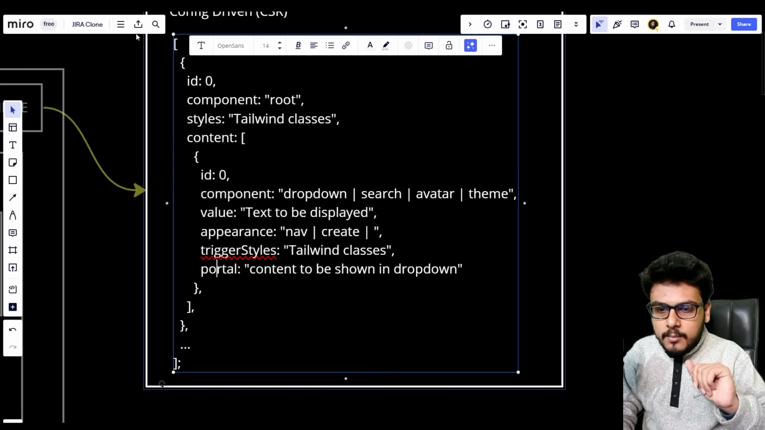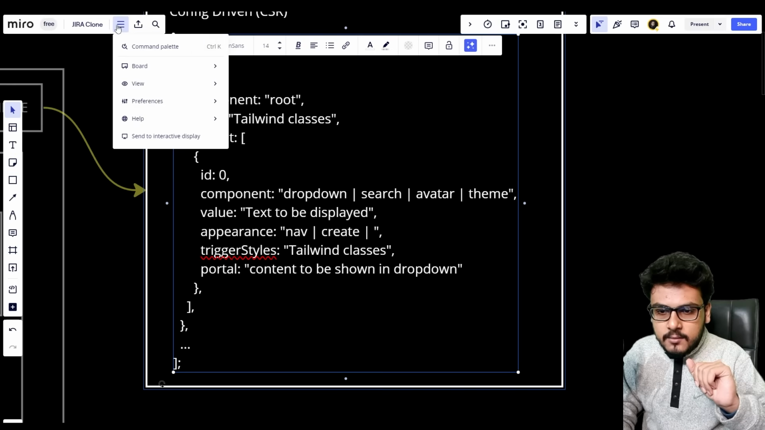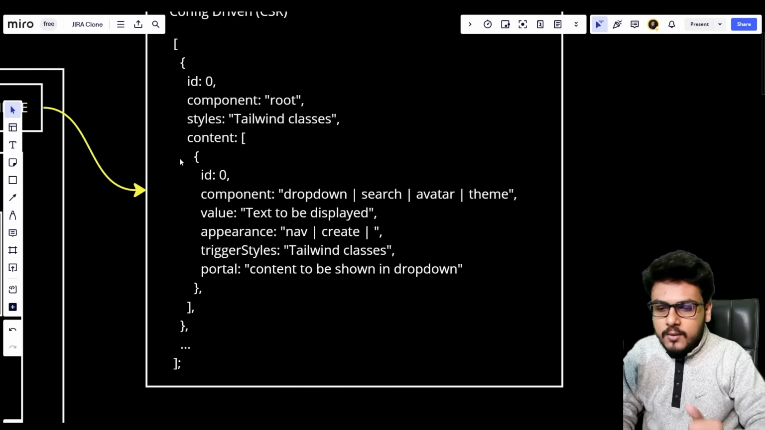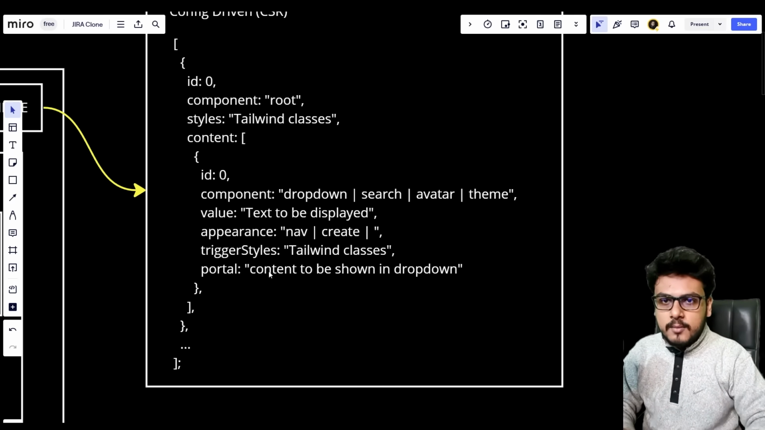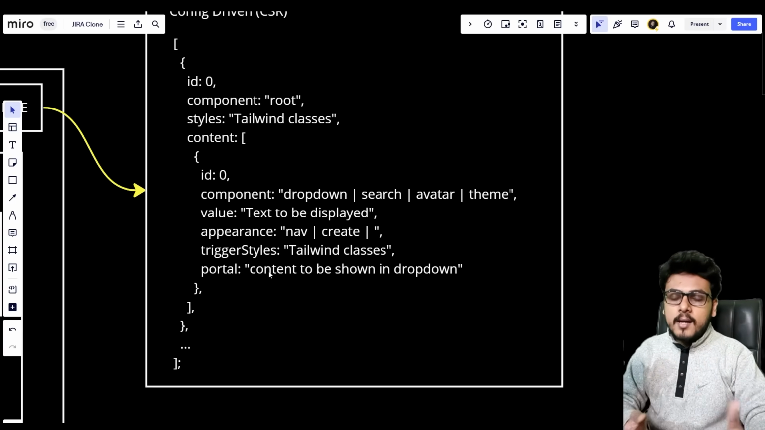So if you click on a drop down, for example, if I click on this menu, this is the content of this drop down, right? So this is a drop down and this is the content. So that is what this portal is saying: if I am a drop down, then what are the contents that I can show as a portal? So this is a config driven UI,